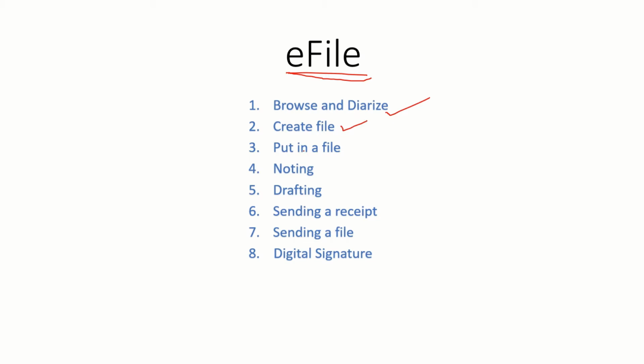After creating the file, how to put up a receipt in this file and how to write a note or noting, and how to create a draft, and how to send a receipt, how to send a file, how to put up a file, how to sign digitally on that file or on any receipt, and some more issues also we will learn in this video. Without waiting, let us learn each topic one by one.